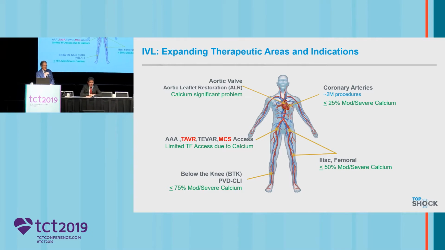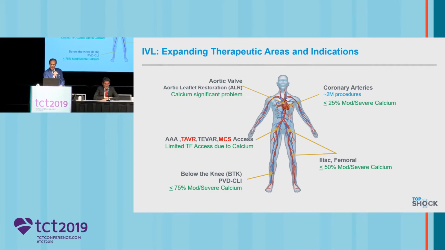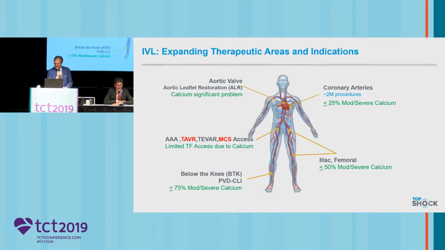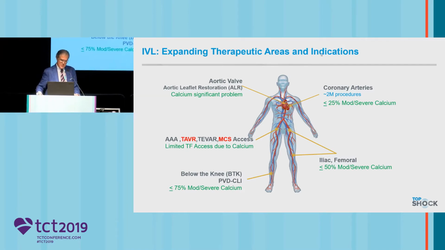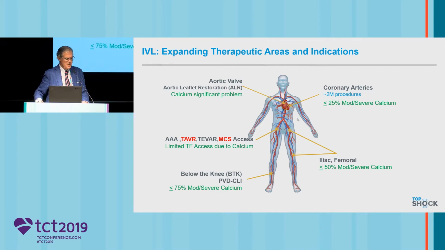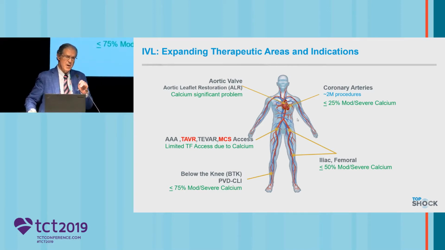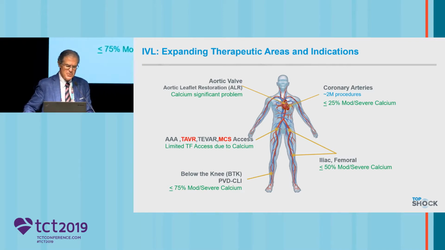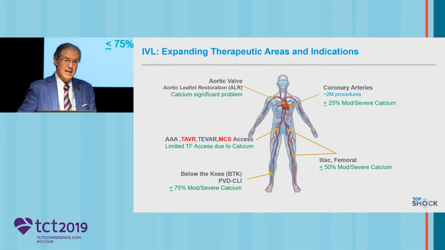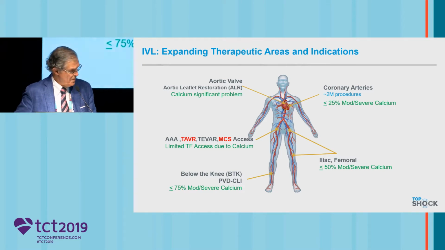There's never been a time when vascular calcium is a bigger problem than it is right now, and I think it would be naive to think that calcium is not generalized in its distribution through the arterial tree, as shown on this cartoon, and it would be naive to think that calcium wouldn't be modified by IVL, and that IVL could provide benefit across multiple circulations. And I think that's what you're going to see over time, the expanding application across multiple circulations for this